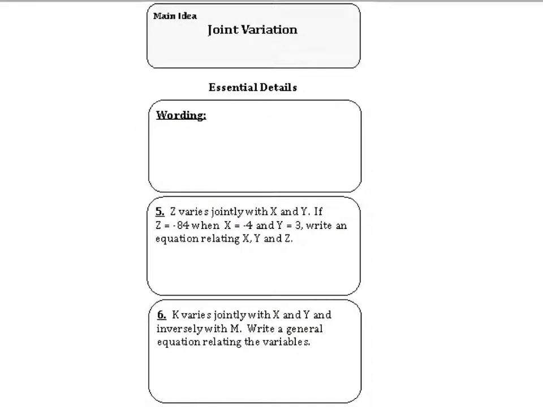The third form that we're going to look at is joint variation, and joint variation looks like this. z equals a, so there's my constant, times x times y. So if you notice, now we've got 3 unknowns here. We've got 3 variables, then we still have our constant a. So the wording that you might see, first of all, you might see the variables